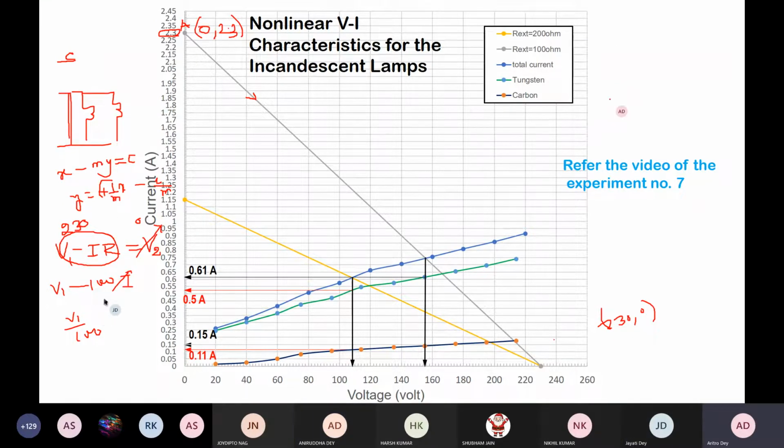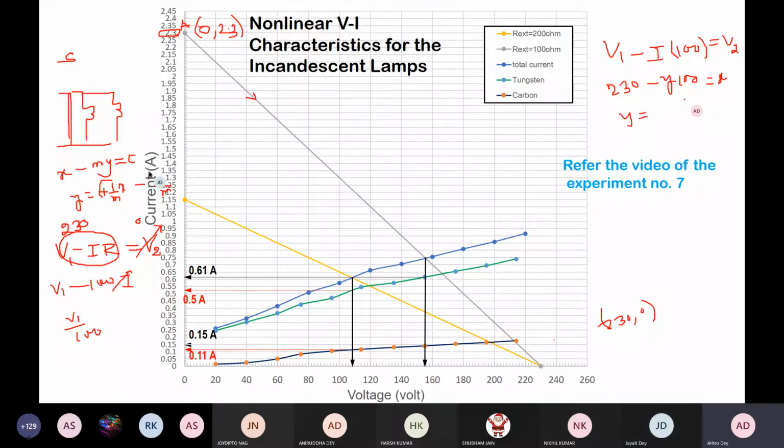Madam, I'm writing it again. V1 minus I R is equal to V2. I'm writing for R equal to 100. So I into 100 is equal to V2. Now V1 is whatever its value is, 230. That is fixed. First you write it in the y is equal to mx plus c form. So instead of I I will write y into 100, and V2 is equal to x. Then what? Then y is equal to